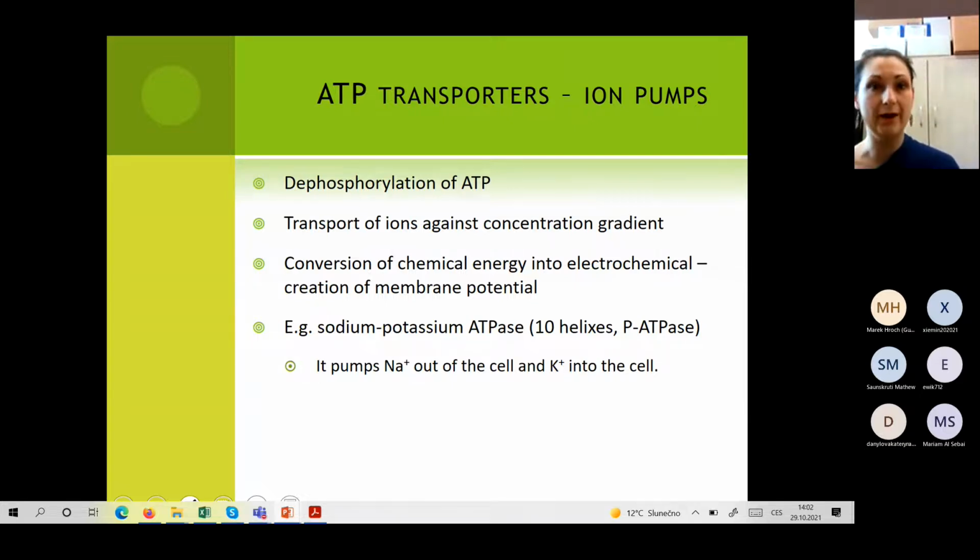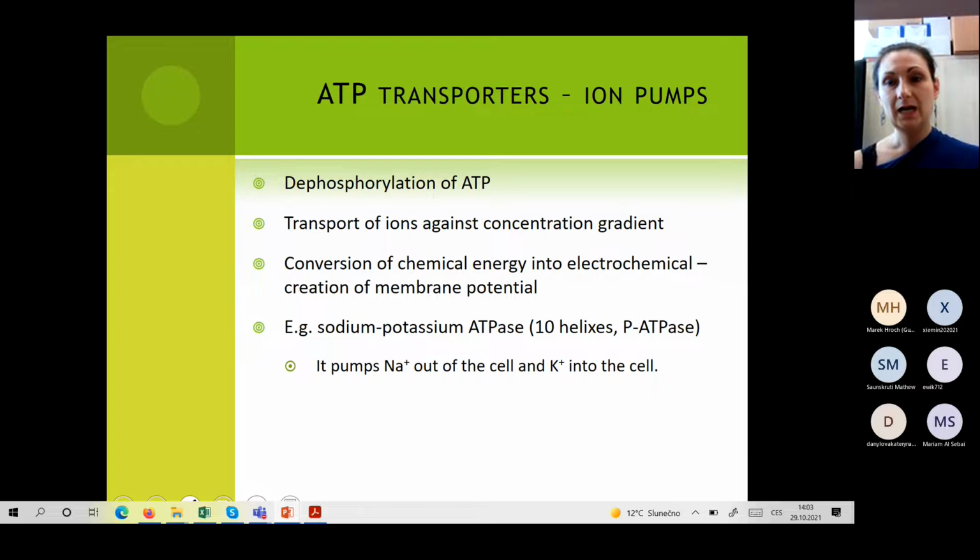We also call them ion pumps. The energy which is used is the energy from the dephosphorylation of ATP, and also the majority of ATP transporters, from the chemical point of view, are alpha helixes. They usually contain a different number of these alpha helix domains. For example, sodium